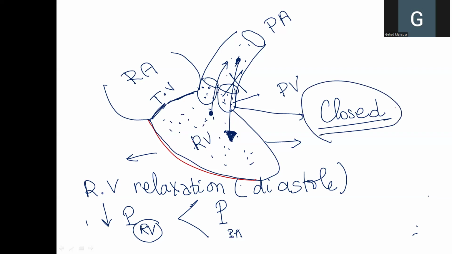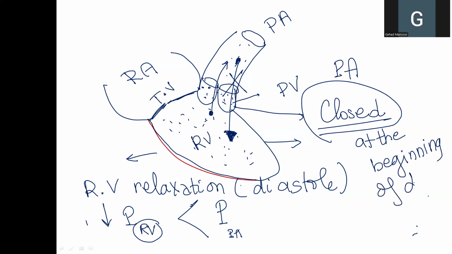So at the beginning of diastole, the pulmonary valve is closed. Just when the right ventricle decides to start relaxation, the pulmonary valve starts to close or is already closed, because this is normal,